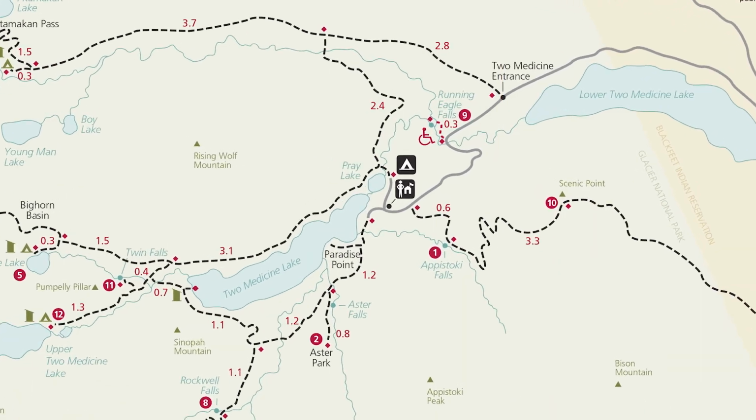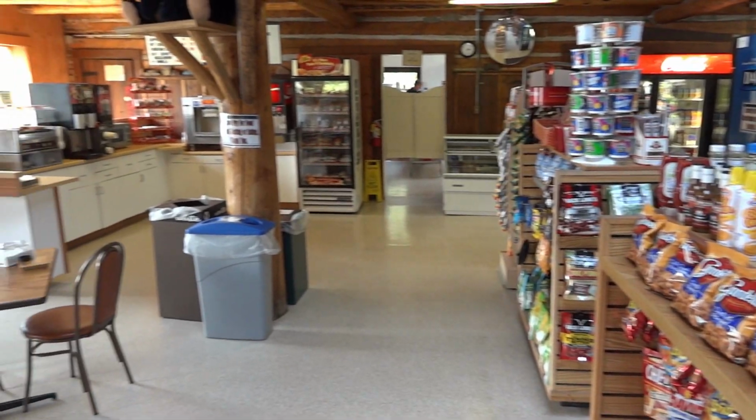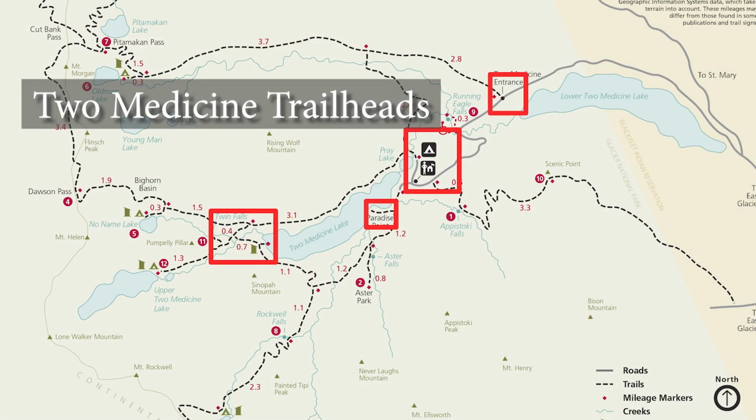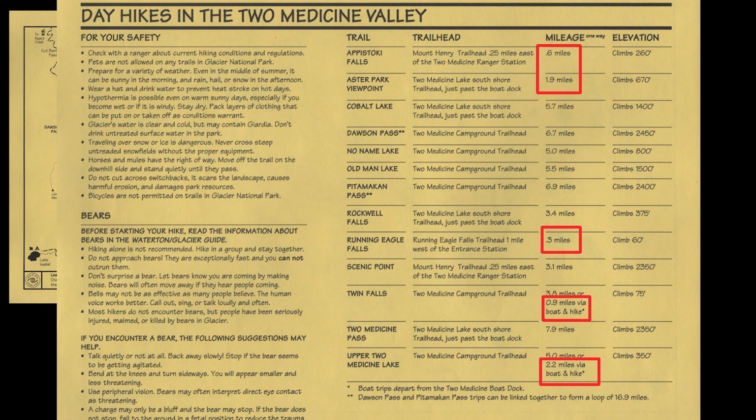There isn't a hotel here, but there is a campground and a general store with basic meal options. The trailheads are spread out, but most are near the lake. Some are best accessed via boat. As you can see from the trail information on the map, there are several short, flattish hikes, as well as